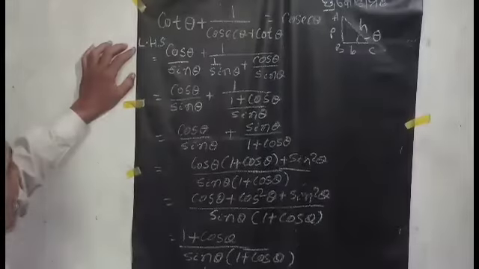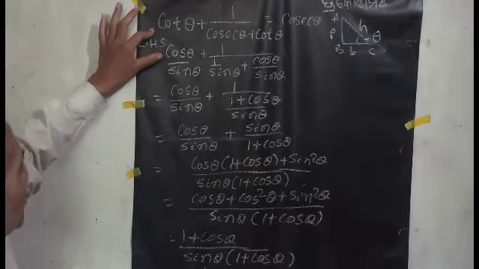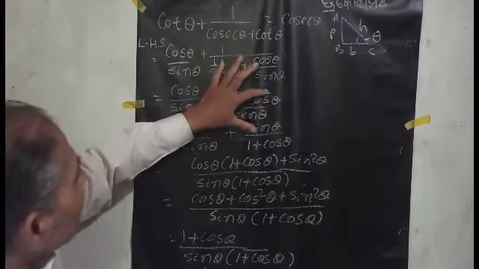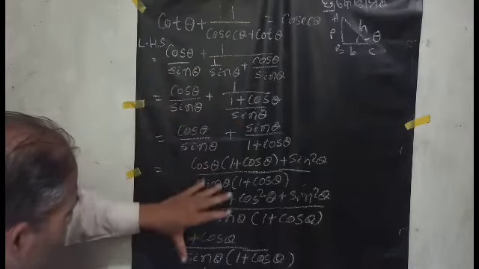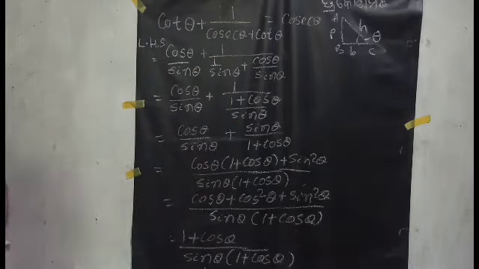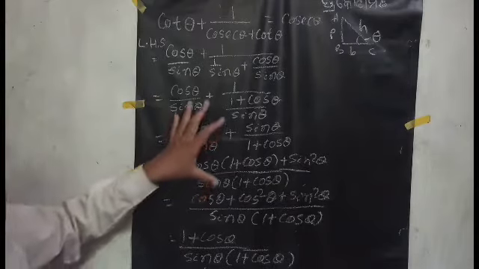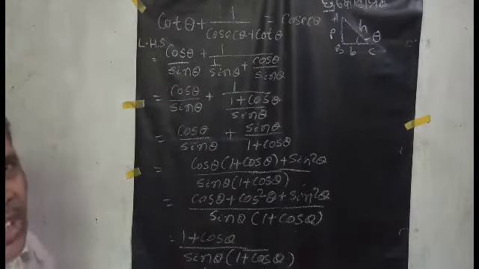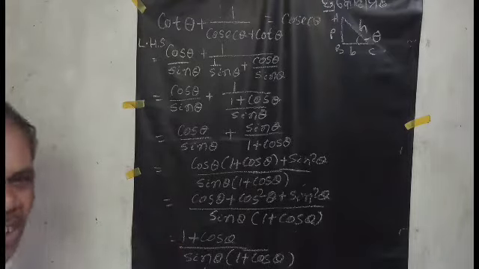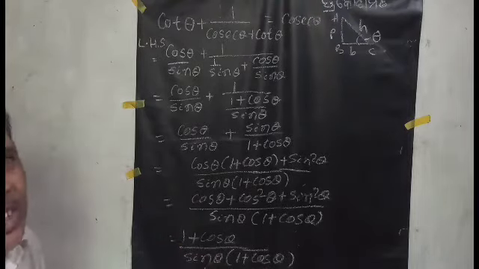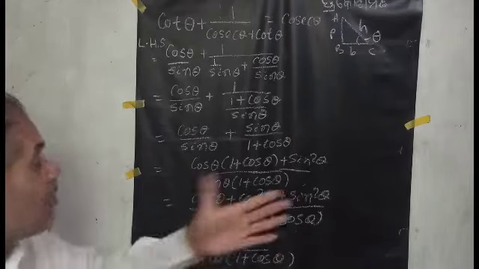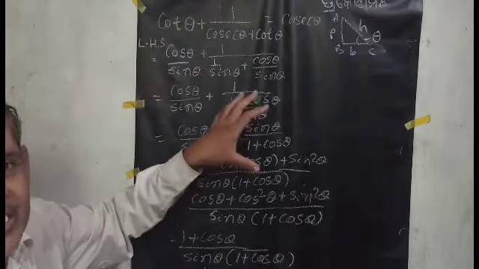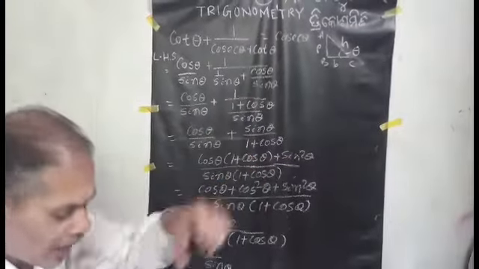Then on the LHS side, you convert cot theta to cos theta by sin theta, and cosec theta to 1 by sin theta. Then you continue and answer like that. But it is a very time taking process, and trigonometry says if you convert anything, cosec theta, cot theta, tan theta to sin cos, you can solve any problem, but it is a very lengthy process. So to minimize this, I will give you a certain idea.